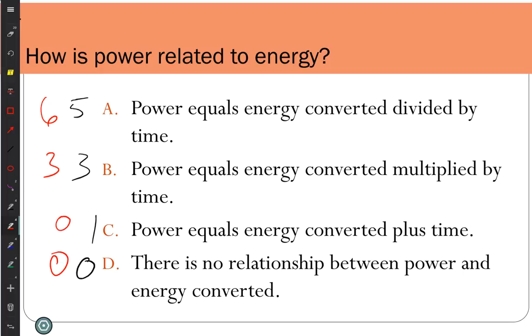So my brother tends to think, oh, I did more because I worked 3 times longer. But we did the same amount of work. It's just that I had more power that I put out because I did the work faster. So power is how quickly the work is being done or the energy is being converted. So we talk about the sun, the power is the rate at which energy is being converted. And we can measure that